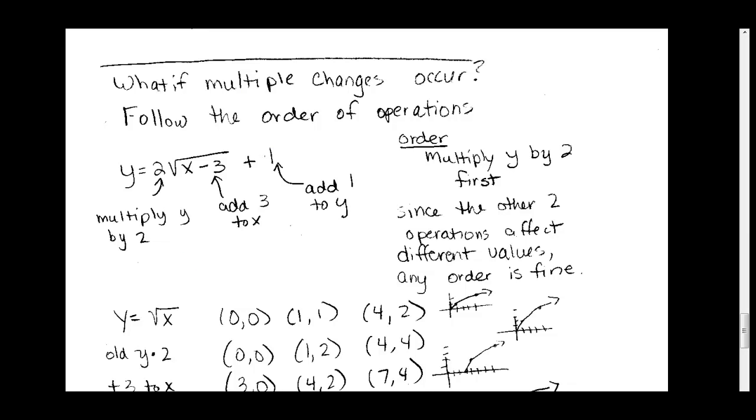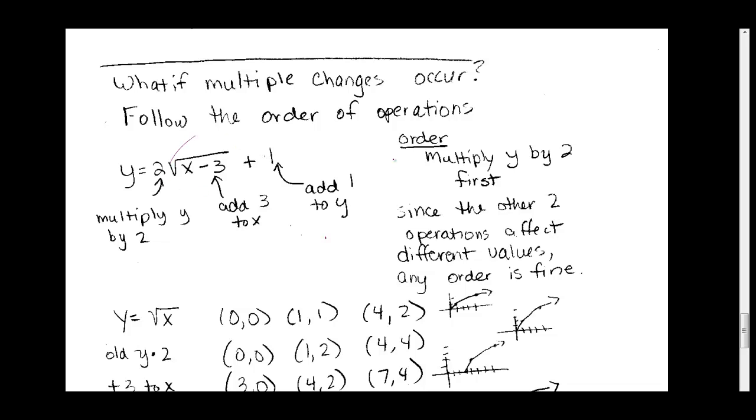What if multiple changes occur? Follow the order of operations. Look at this function, y equals 2 square root of x minus 3 plus 1. The 2 is going to be changing the old y. You're going to multiply your y by 2 because it's outside the function. 3 is going to be changing the x by adding 3 to the x. The 1 is going to be the old function over here is done, and you're going to be adding 1